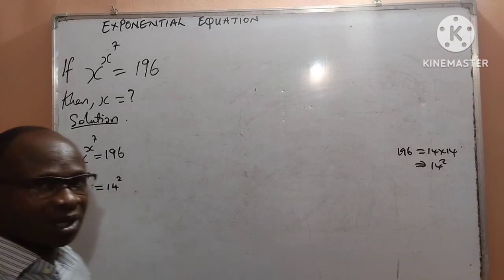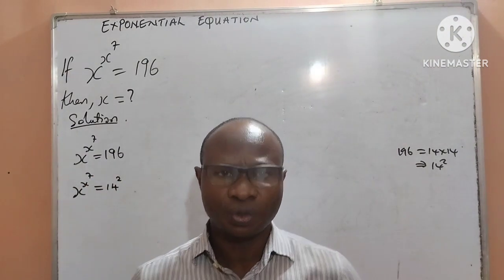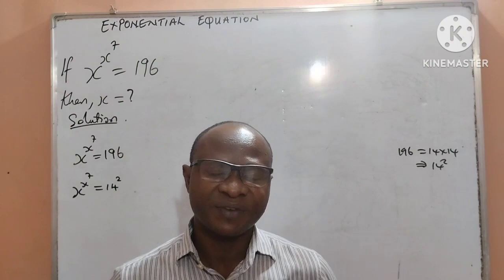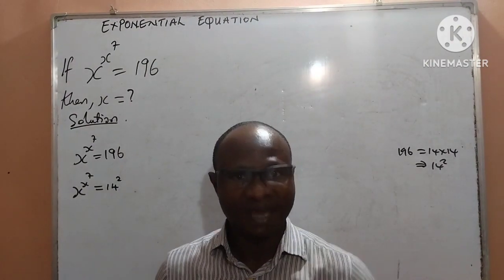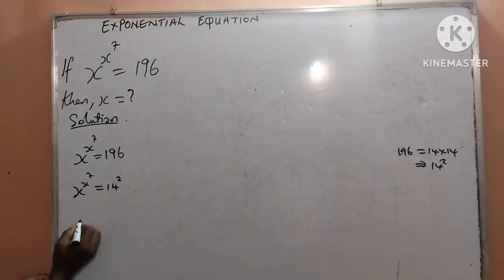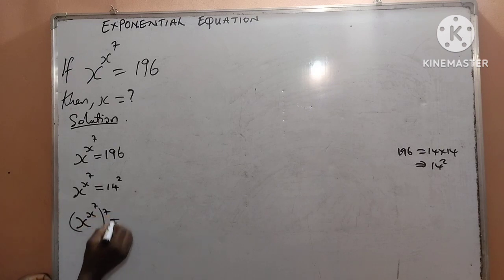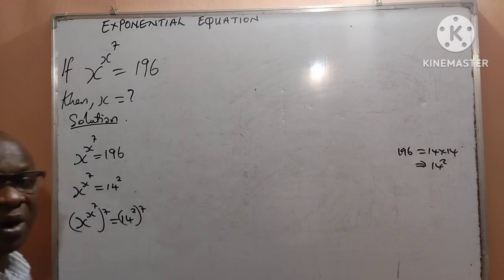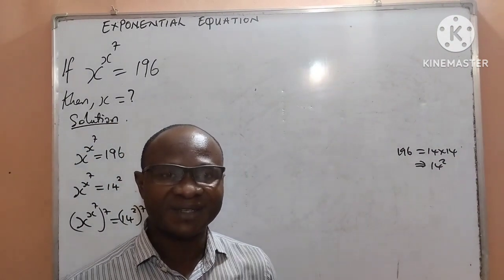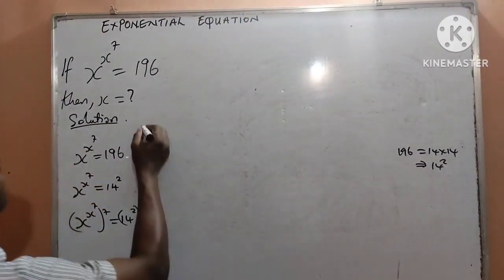The next step that I will take now is to multiply both sides of the exponent by 7. And that means I am going to have x raised to the power x raised to the power 7, all multiplied by 7. And by the right hand side I still have 14 raised to the power 2 also multiplied by power 7. So we are multiplying the powers by 7. And this is going to give us,